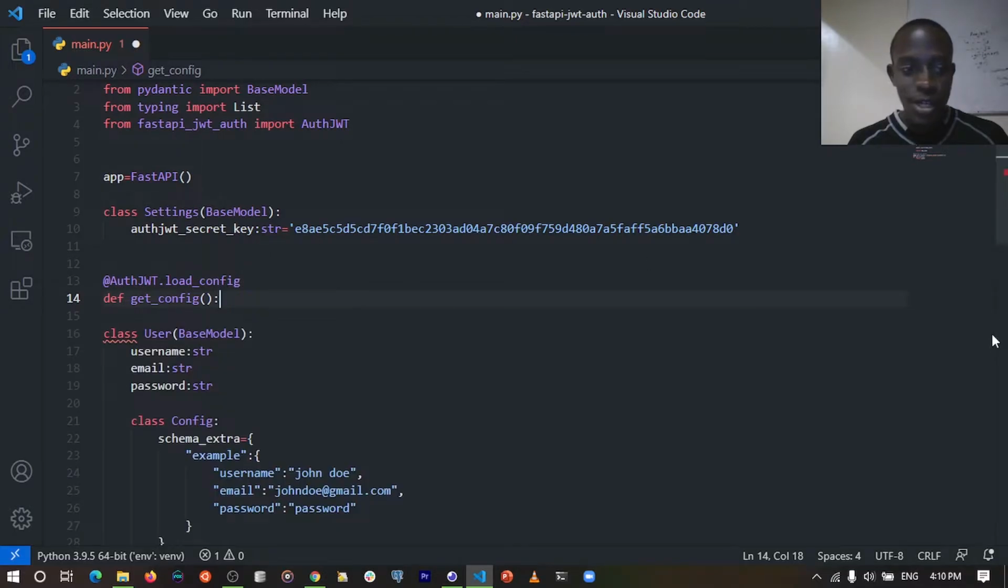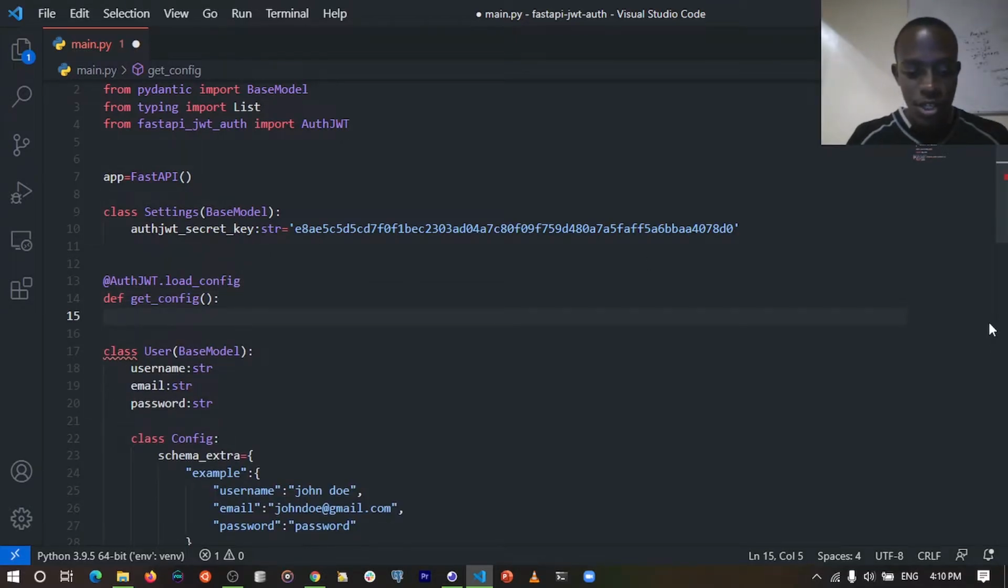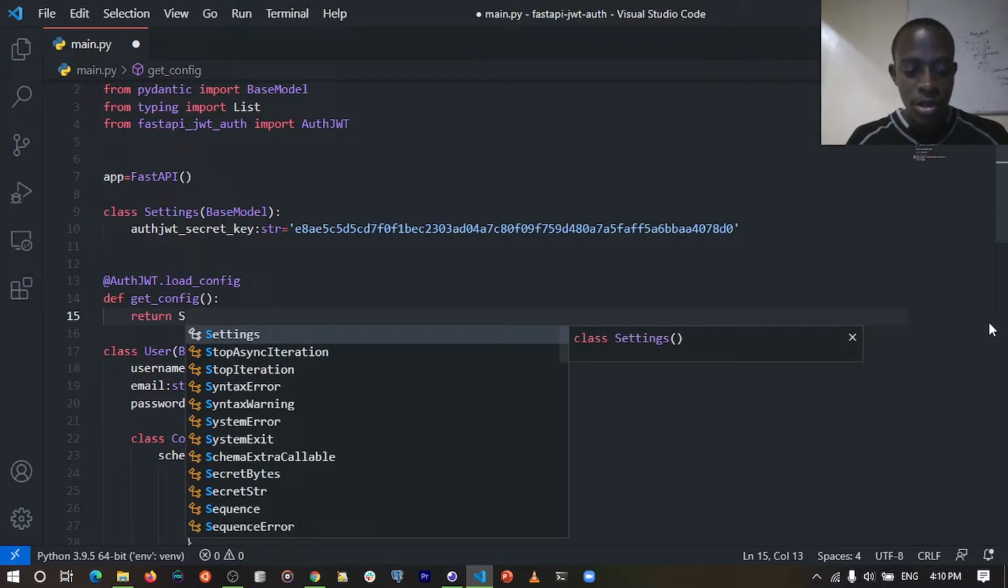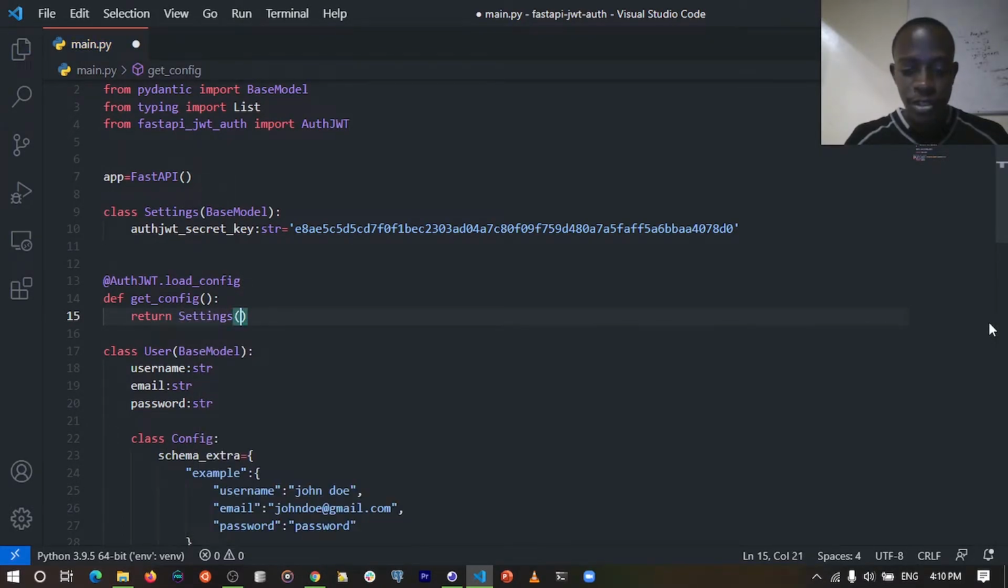Let me minimize my terminal. After doing this, we shall just return an instance of the settings class that's going to give us access to our configurations. We're going to say settings, just going to return settings. And after doing this, we pretty much have done what we need for us to be able to start generating